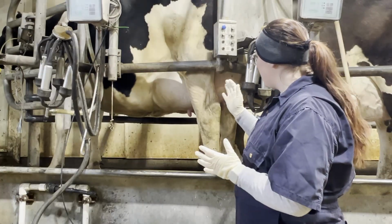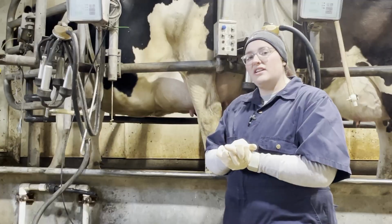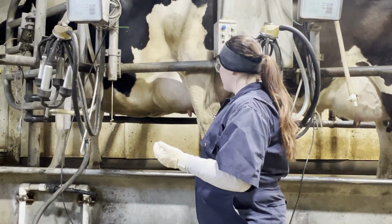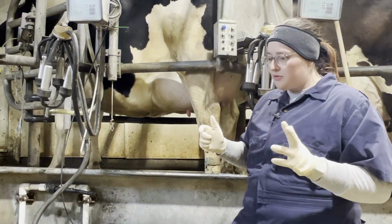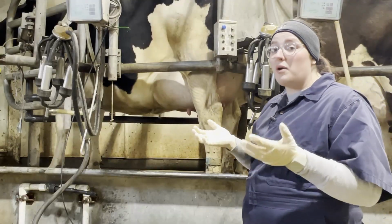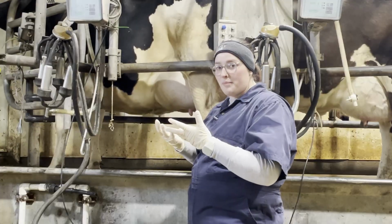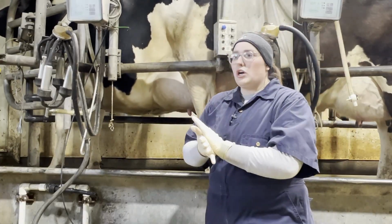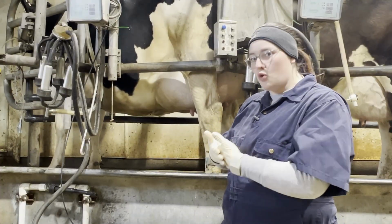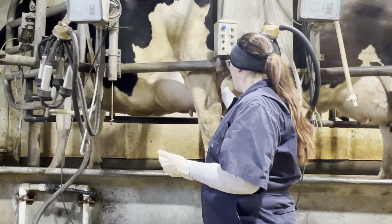For her, when I am looking for visual or tactile signs of a potential mastitis infection, I always look and feel the udder itself. And remember that cows run between 101.3 to 102.5 degrees, and so they are quite warm already compared to what a normal human temperature is. So they're going to feel warm. But for mastitis, you're going to feel just like when someone has a fever or they're running hot, you're going to be able to tell right away, oh, wow, that's quite warm. So feeling that,